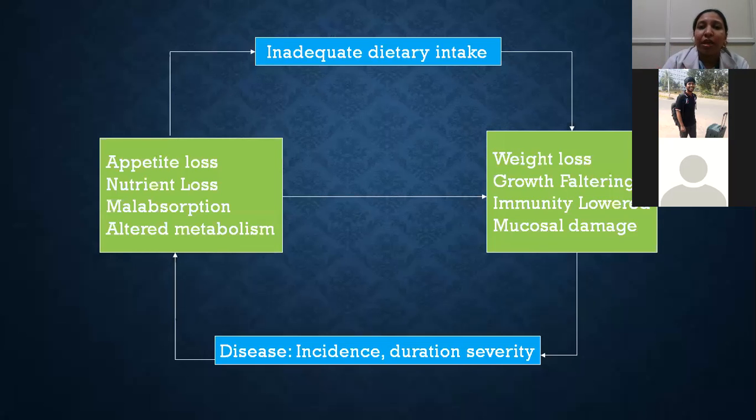So the damage would be occurring to the mucosal epithelium, and they would again be prone to infections like respiratory infections or diarrheas. So this would be leading to disease. And the disease, the incidence, duration, and severity, how severe the disease would be,